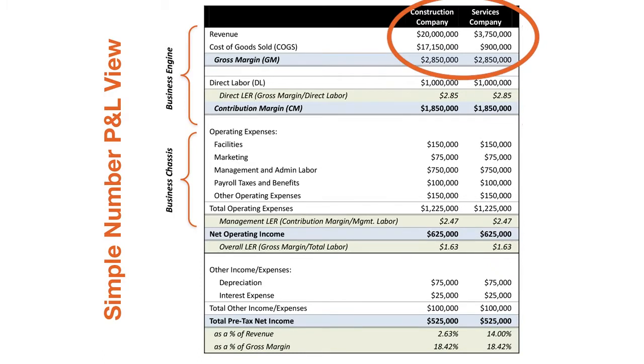You can see cost of goods sold, the next line item. These are really all of the expenses that are paid externally in the business. And so from a construction company standpoint, it's going to be materials and subcontractors. From the services business, it's probably either subcontractors, freelancers. But the idea is, the way to think about it is, it's money that goes outside of the business.